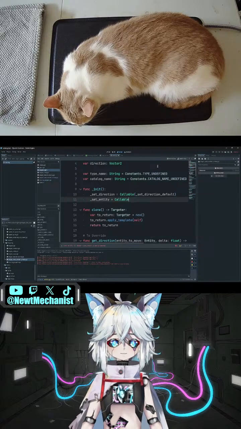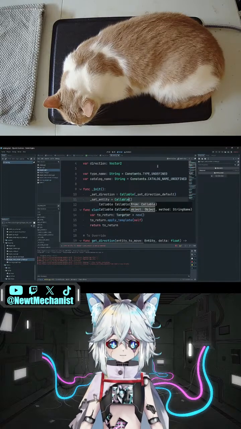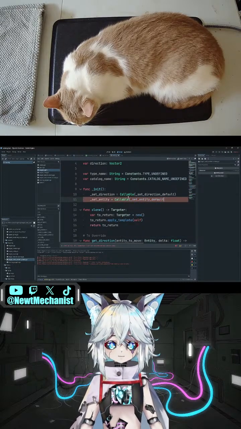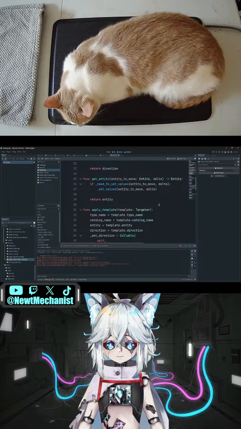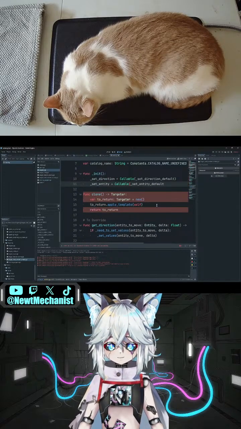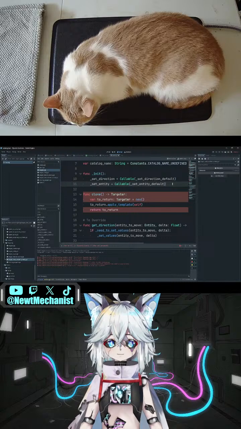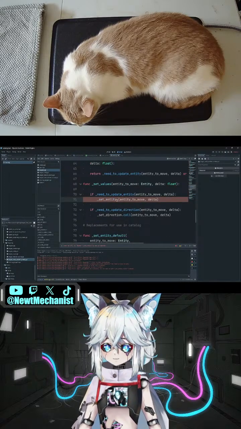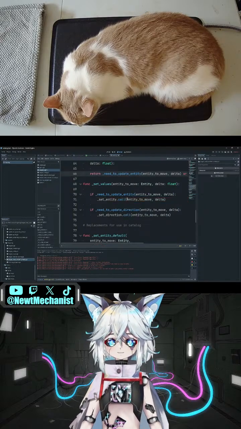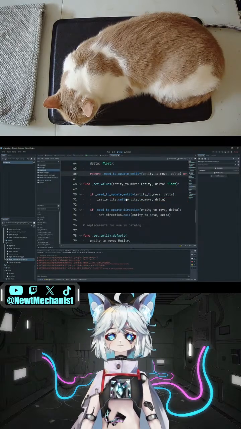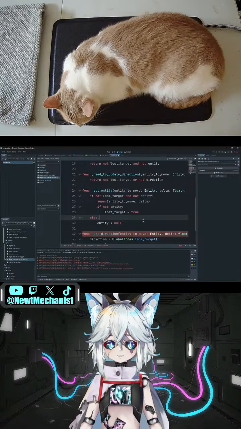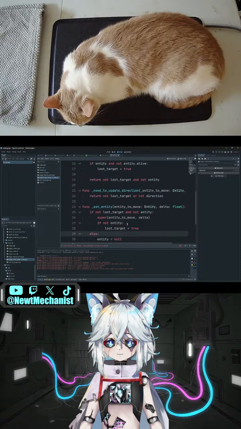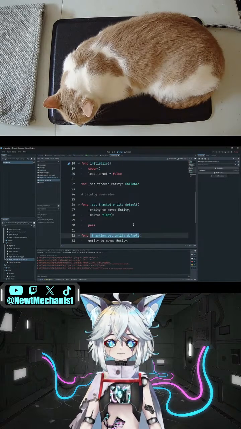A callable, which is made from set entity default. And then when we call set entity, okay, so then in a tracker, in a tracking targeter,